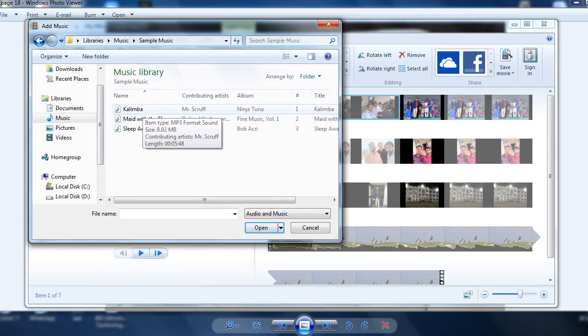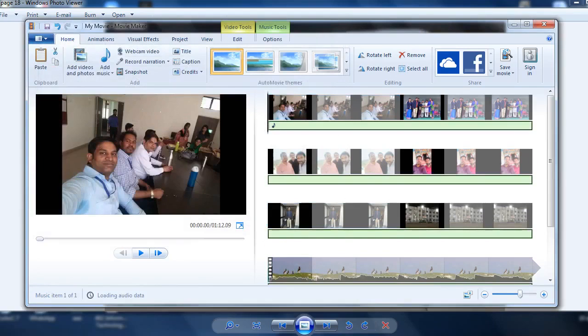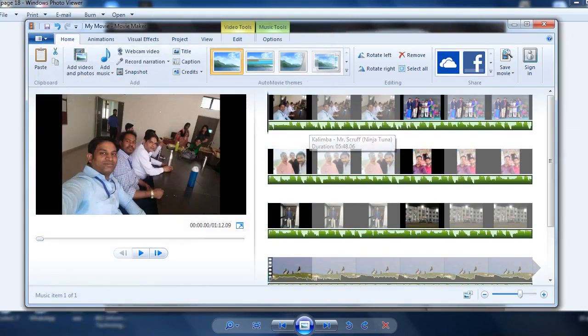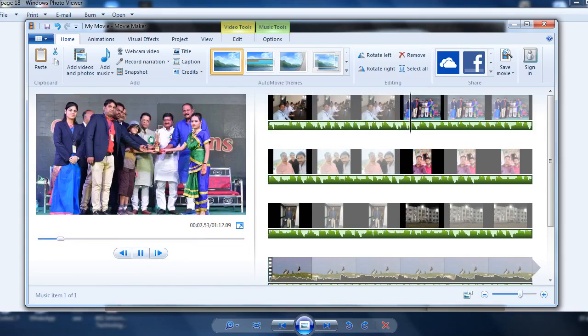I don't think there is any music, but let's check sample music, right? So sample music is there by default in every computer. So let's take this music. Okay, now open. I opened. So you can see now below every photo or video there's once again one bar. In this you can see some waveforms. This is for the music, right? Now I'm clicking on this.